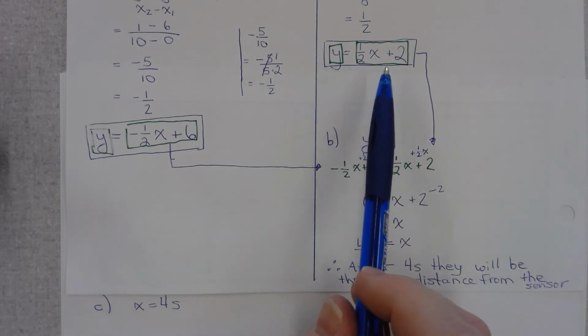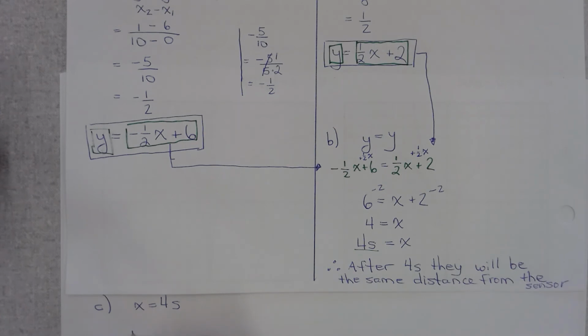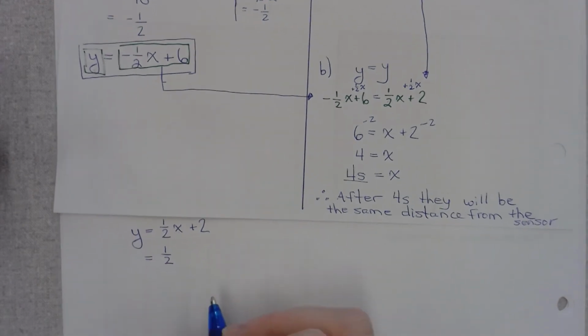So I'm going to use the one without the negative, because it's just easier if you're not working with negatives. So in this case, I'm going to replace x with 4 seconds. So I have 1/2